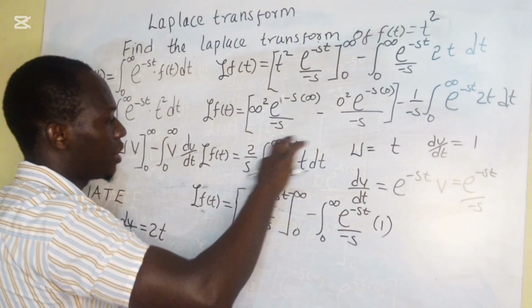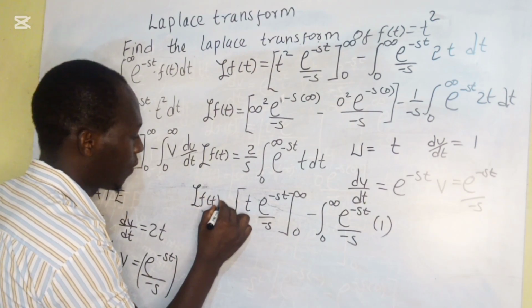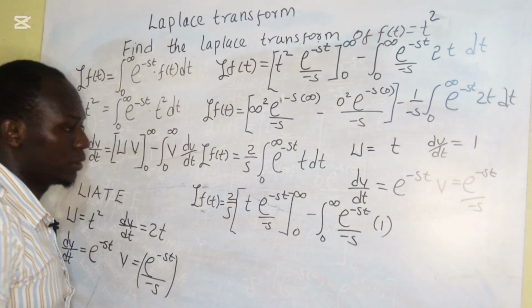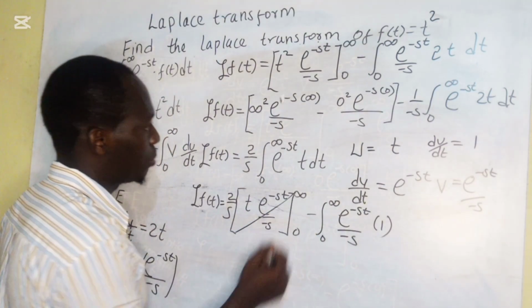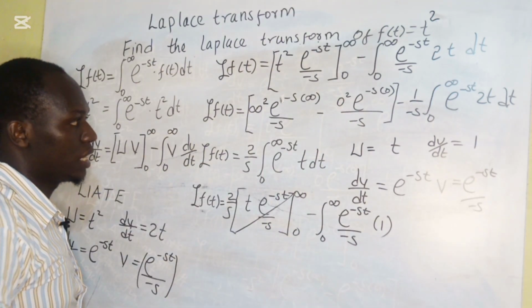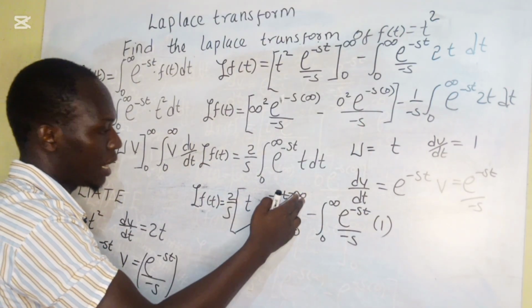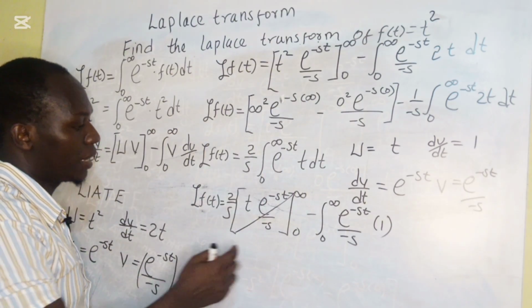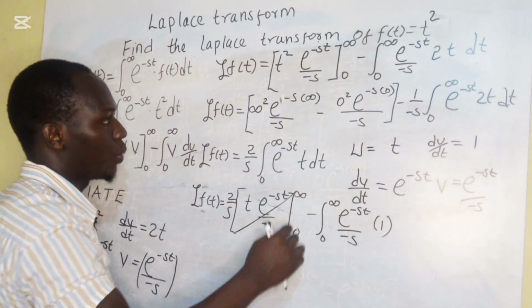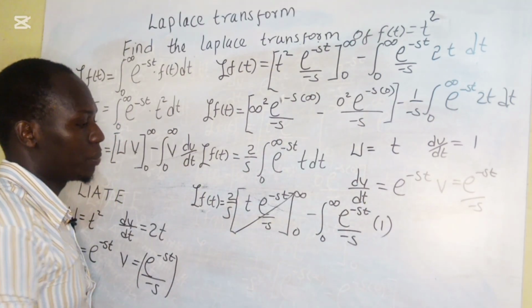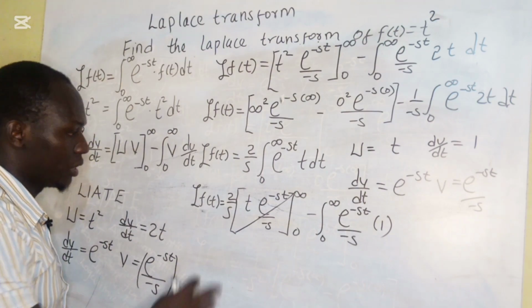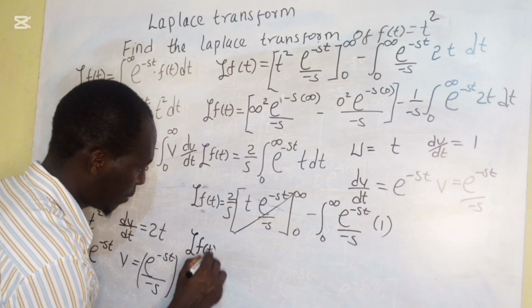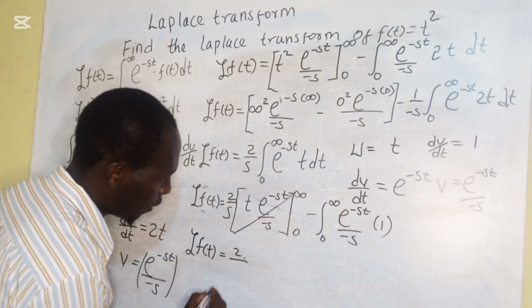And everything here we were multiplying by 2 all over s from our first working. This first bracket is going to be 0 because we are going to operate it just the way we've done this one, whereby our term of t we are going to replace with the upper class limit, and our term of t on the other side we are going to replace with 0 on the lower class limit. And now here the Laplace transform of our function f of t is going to be equal to s all over